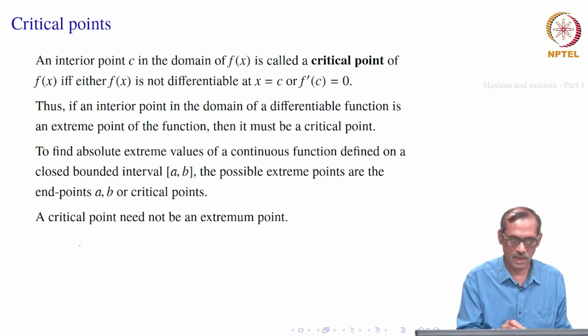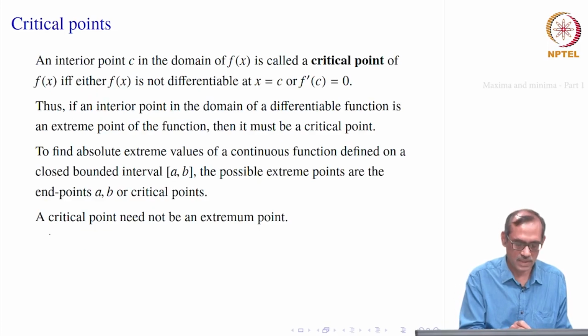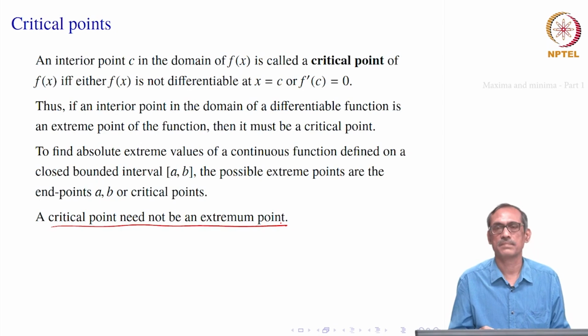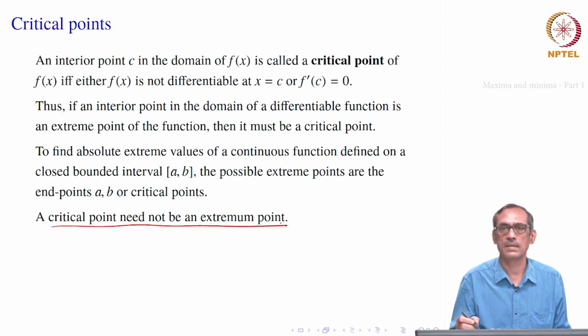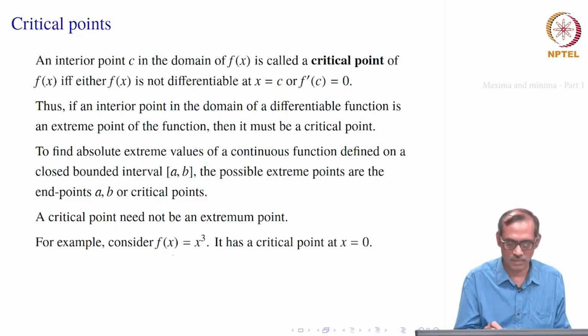So, we will see how to do it, but first we should note that a critical point need not be an extreme point. It can be a false candidate for maximum or minimum, like it can be a local maximum for example, but it is not a global maximum. We have seen from the graph. A similar thing can happen, or it can also happen that it is neither, it is not even a local extreme point. We will see such examples. Okay. Well, let us see one first.